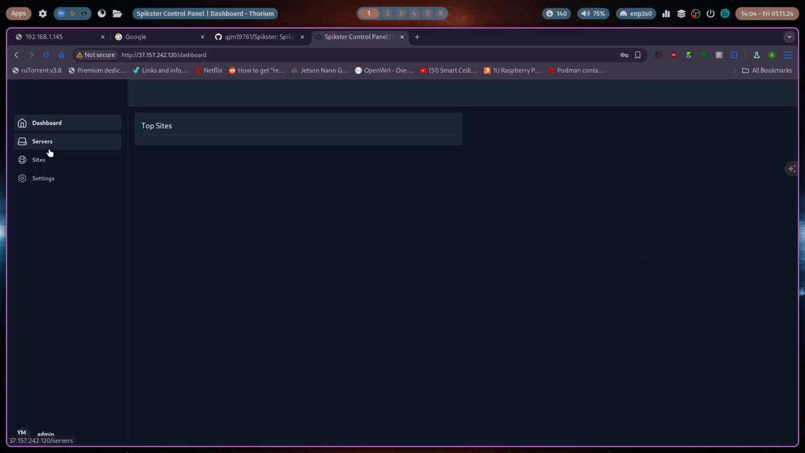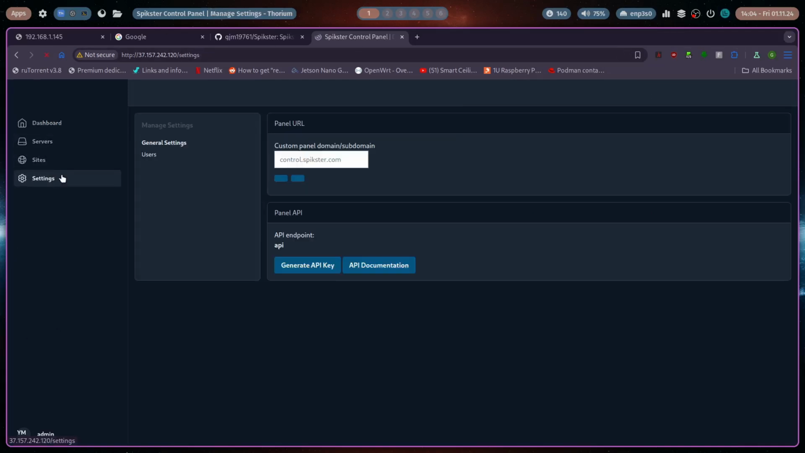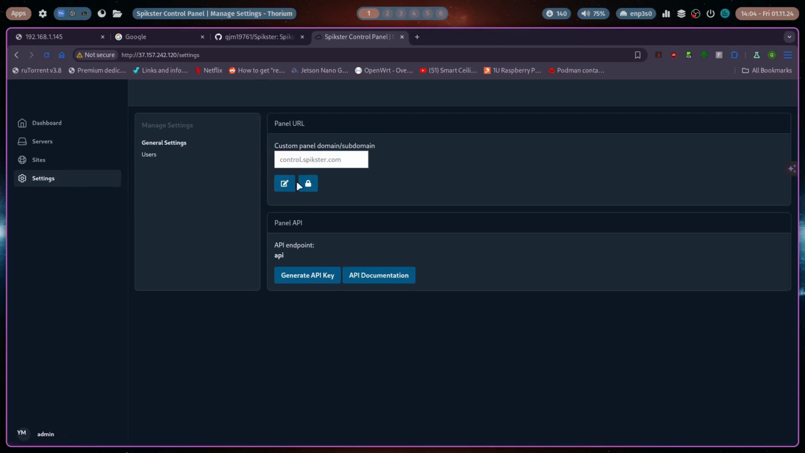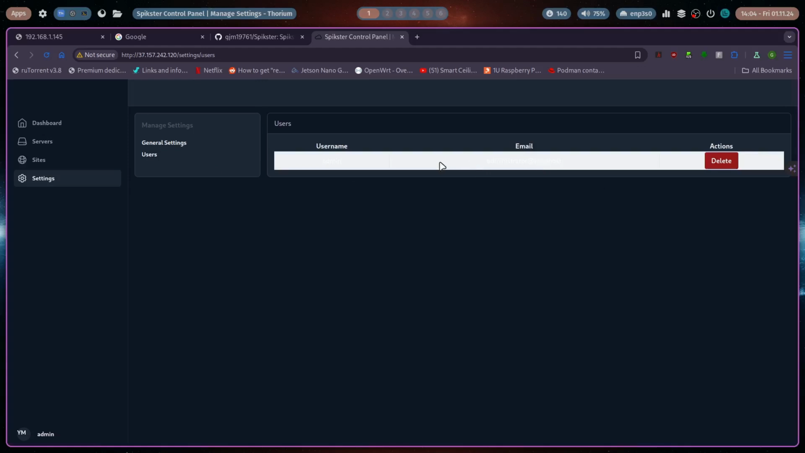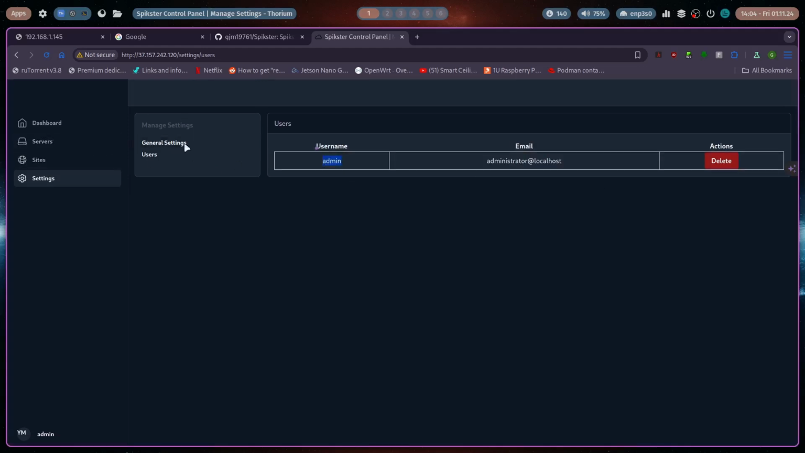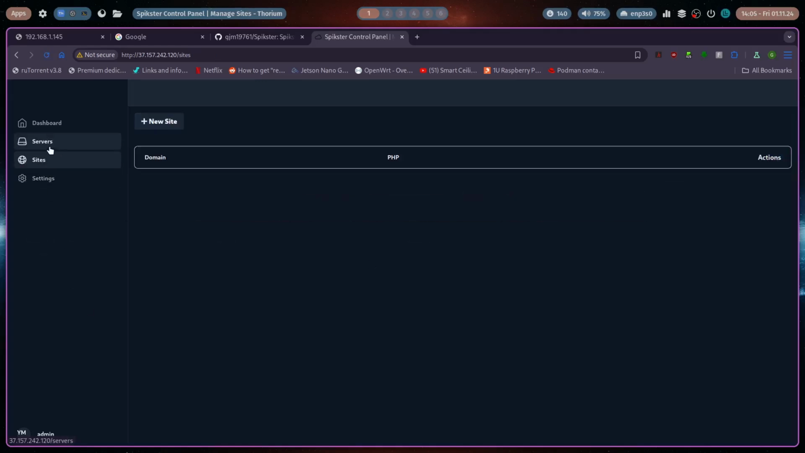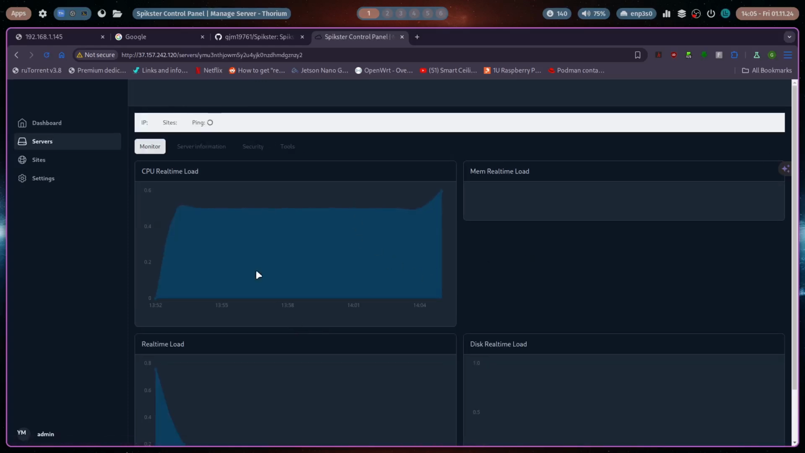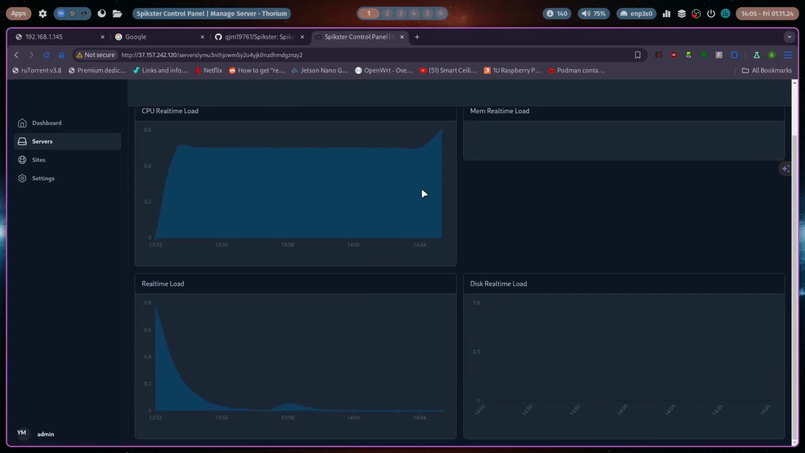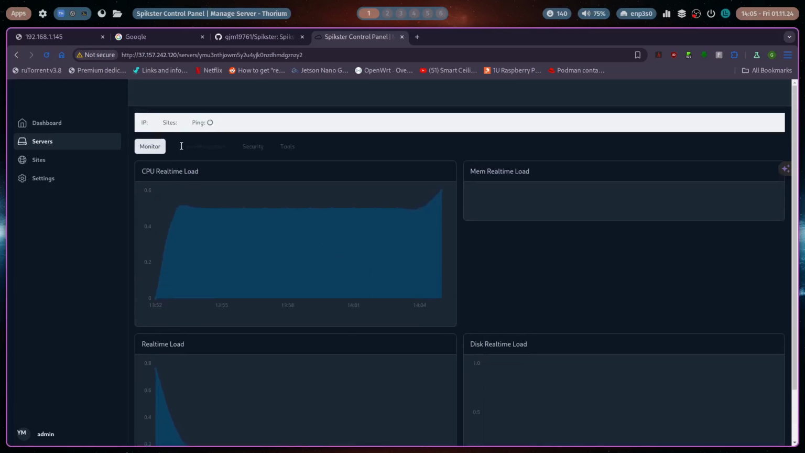Now we're in the panel. It's a nice menu system and everything else, but as you see here, there's no way to edit your account, so you can't change your password or anything. All you've got is a delete option, which isn't very handy. Servers, you just go into this one and it just shows you some graphs. Looks all very nice,